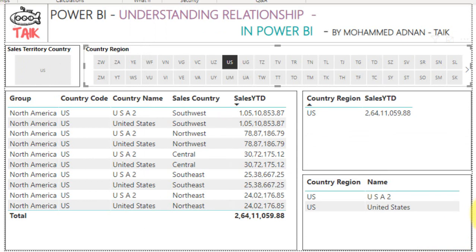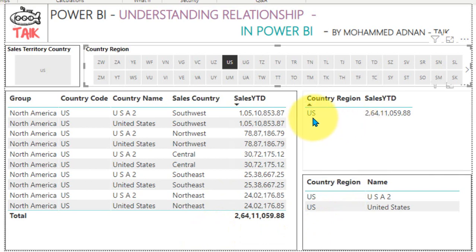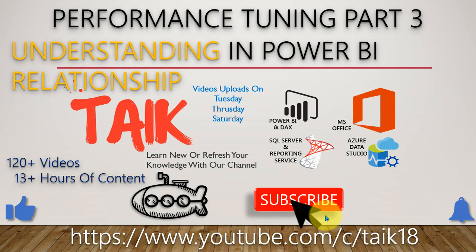If you notice this one, if I select the US here, even though it is showing the duplicate values here, on the total side it is not showing the duplicates, it just shows the one value here. So comparison between this is, if you look at the right side table, the US is 264111059 and it shows the same value here. So these are the differences between the one to many, many to one, many to many and one to one. As I described before, it will be useful when we have two separate data sources and two masters. And I hope you got a brief idea about the relationship between the tables in Power BI and how you need to set the relationship between them.